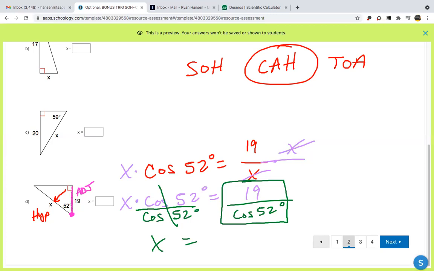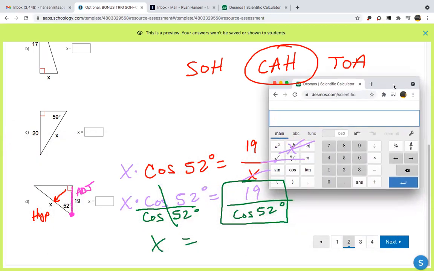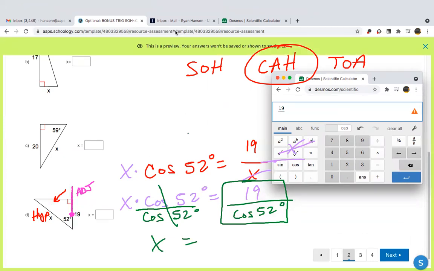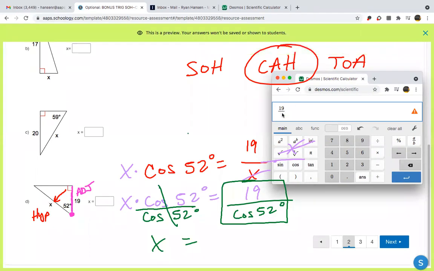Again, I like the Desmos Scientific. So I'm going to literally press 19 divided by I just checked my recording. I had a panic attack that I didn't hit record, but I believe I did. 19 divided by cos 52 is